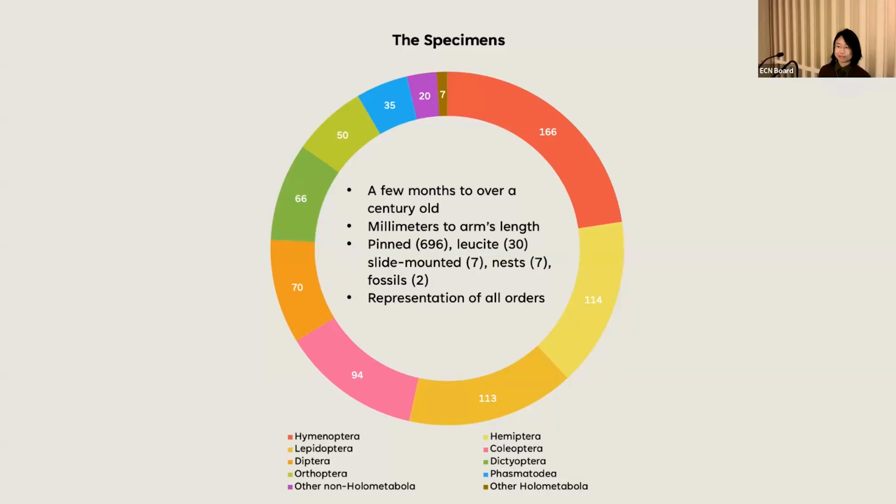And the specimens themselves presented super interesting and fun challenges to overcome because they were so variable in a lot of their characteristics. They ranged from relatively fresh to about a century old. They were from a couple millimeters to almost the length of my forearm. They were, of course, all pinned, slide mounted, fossilized nests. And all of this came into play when I was considering whether or not I should